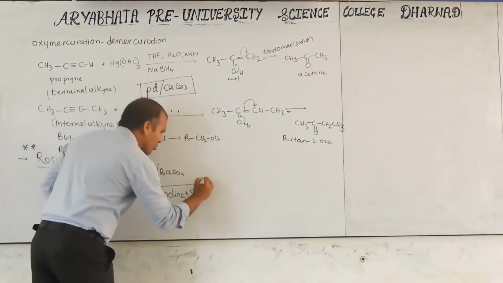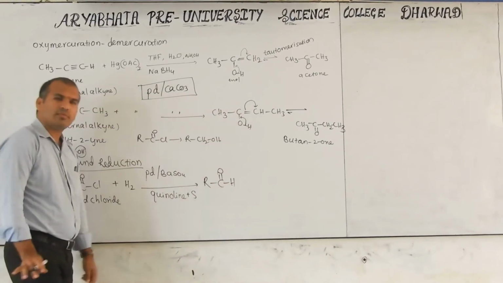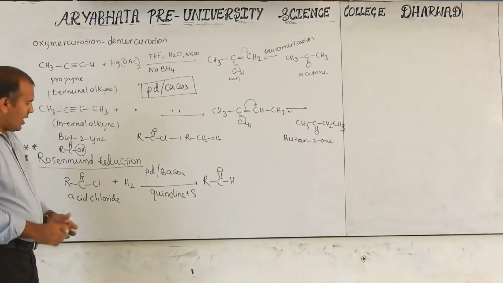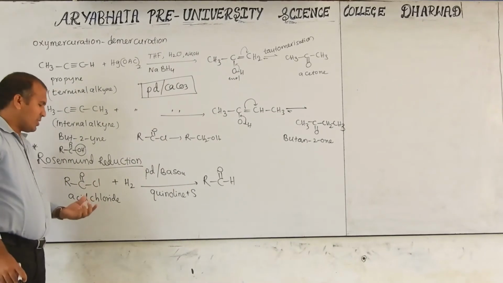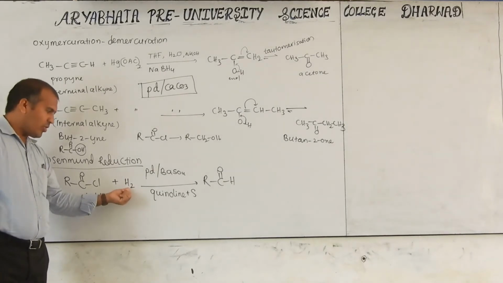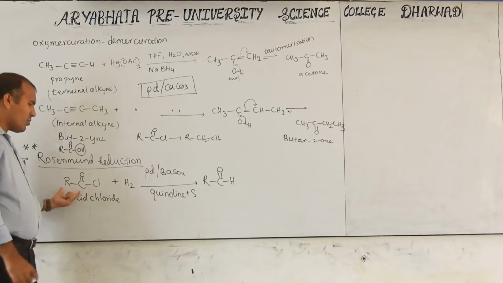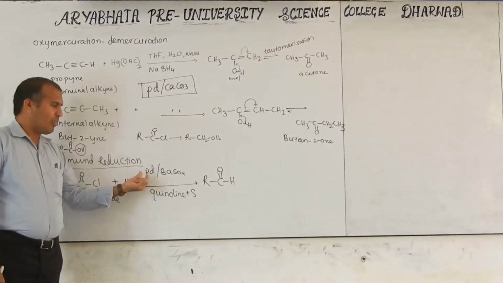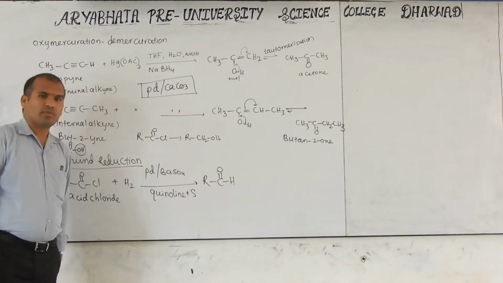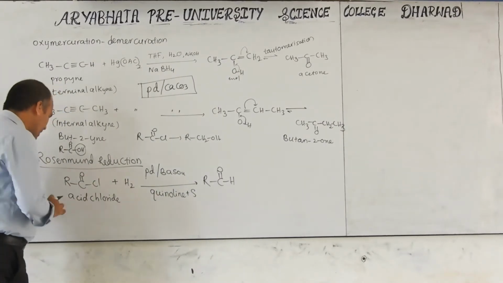Next. Here we will get C double bond OH, the aldehyde. Simple. This is the Rosenmund reduction reaction. How to write it for exam purposes? Acid chloride is reduced by hydrogen, which is called reduction, so no need to mention the hydrogen. Acid chloride is reduced with palladium on barium sulfate and xylene, and converted into aldehyde. This is a statement. Then we have to write the reaction. Take one example.